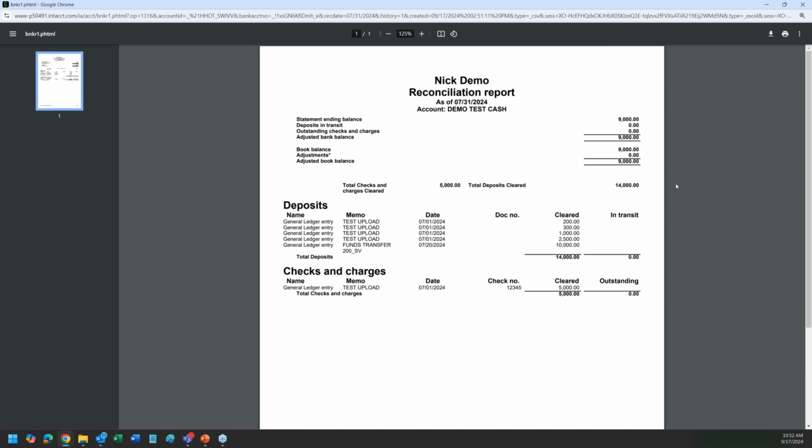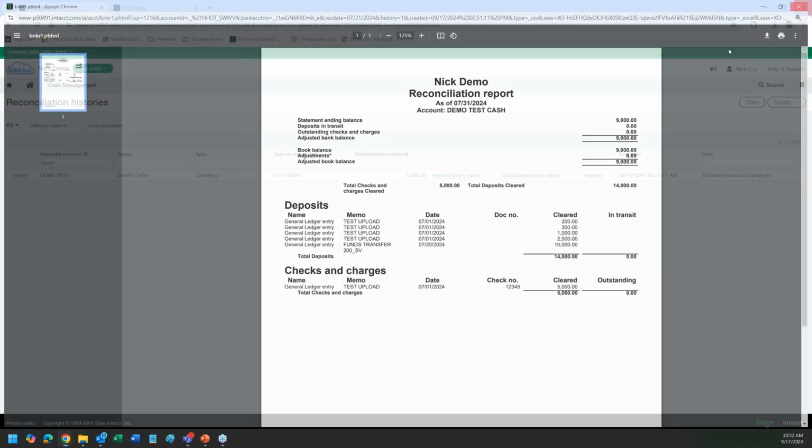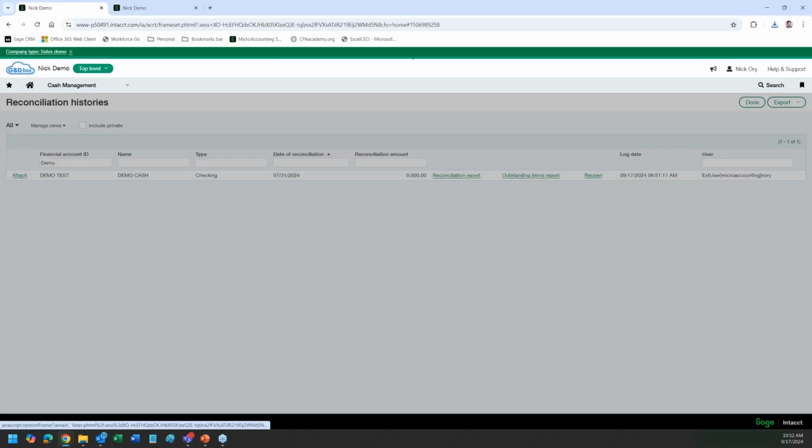Even importing your month's transactions in, you would have seen this reconciliation report. Again, I like doing the advanced one because it gives you bank transactions that you can go back and reference. So case in point, we see all these cleared, right? We can go back to those bank transactions,